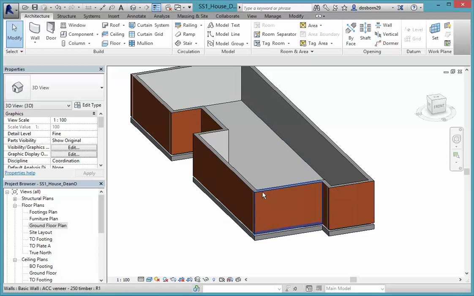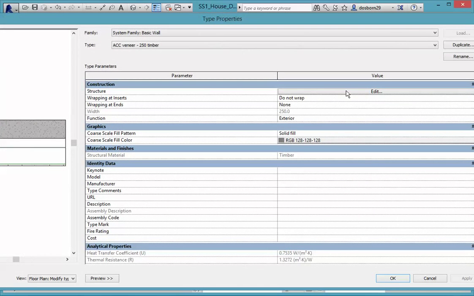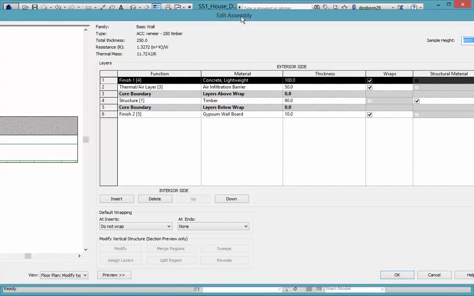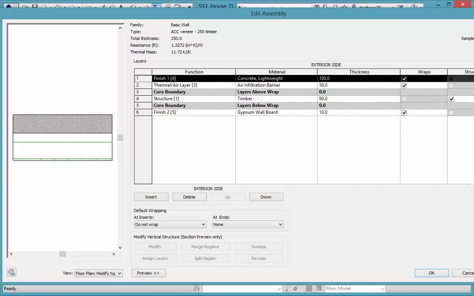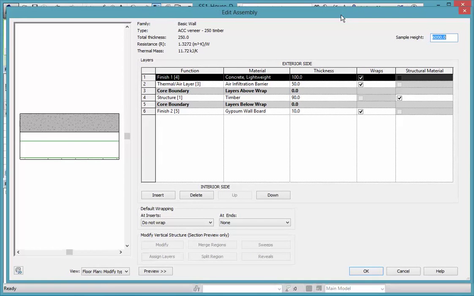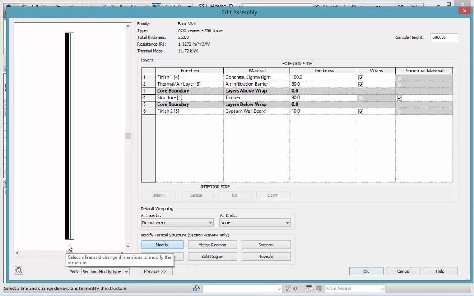we pick one of the walls so that it comes up here, go into edit type, come into edit, and I'll just get this so it fits on the screen a bit better so you can see it all. There we go. And we've got our preview up, and we go into our section. And once we're in our section, we can then click on modify. And if we click on modify and zoom in,